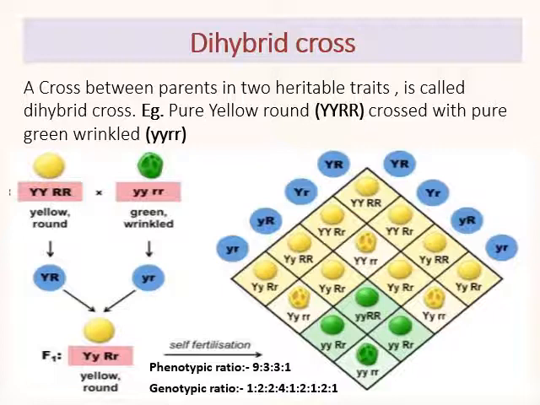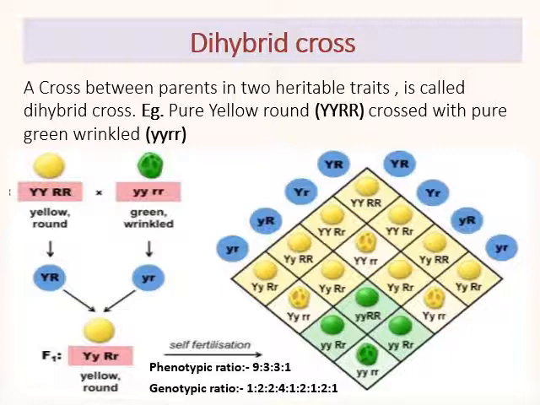Then, after the process of fertilization, we had already studied artificial cross-pollination, in which pollen grains from the male parent are dusted on the stigma of the female parent. You can select any one of the parents as male, for example yellow round as male parent and green wrinkle as female parent, or vice versa. After completion of pollination, fertilization occurs, that is seed formation, fruit formation, etc.